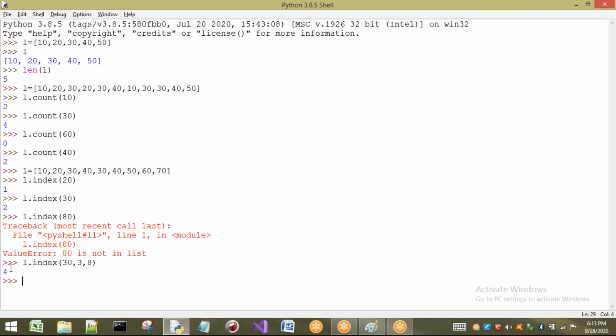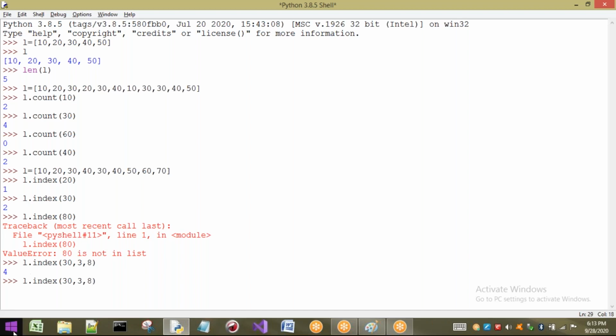Anyway, we are going to get the value as 4. Why are we going to get 4 here? Reason is starting index is 3. That means 0, 1, 2, 3. From here, I am going to start the search for the value called 30. So what is the index of this one? 3. What is the index of this one? 4. Automatically, we are going to get 4 only. We are not looking at these earlier indexes. We are starting from the third index. So we got the answer as this one.